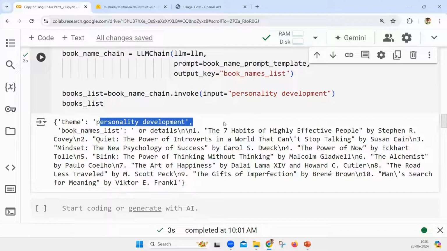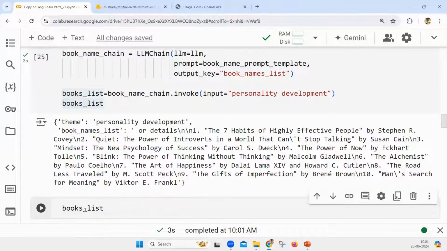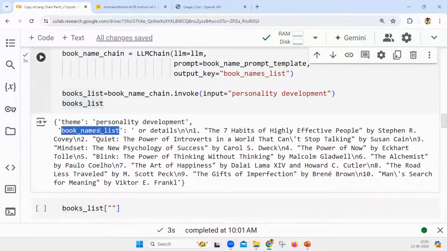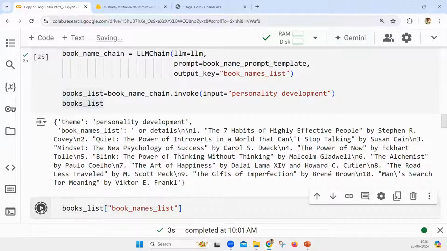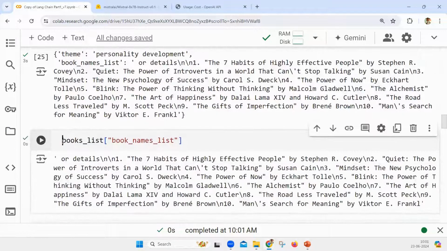So the theme is personality development, and the output key, as I have mentioned earlier, would be just a text. So I can take this book names list, and then from there, I can get this one out of it. This is the one. If I try to print this,